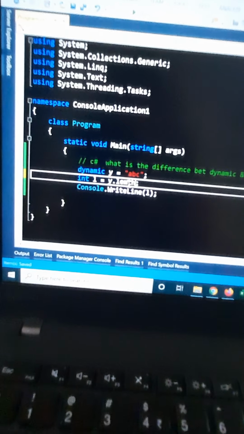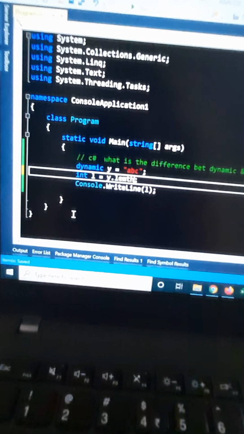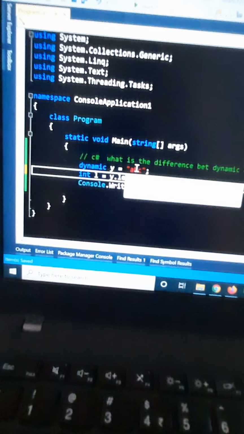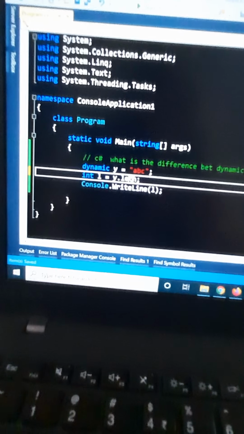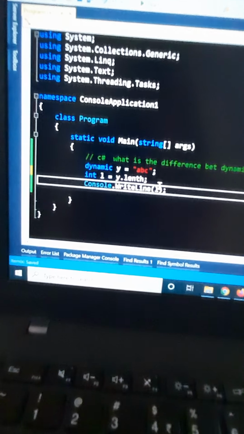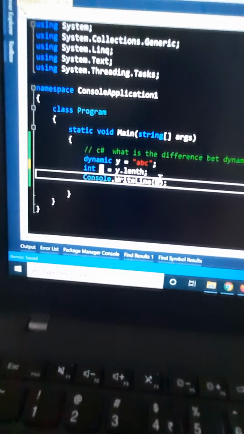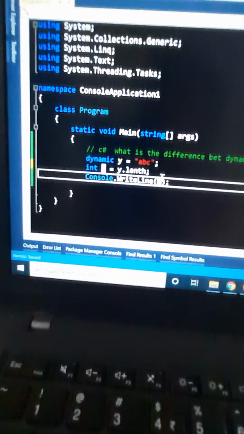So at runtime, it will check that ABC is of a string type, and since the string type has a property length, it will calculate the value of l.